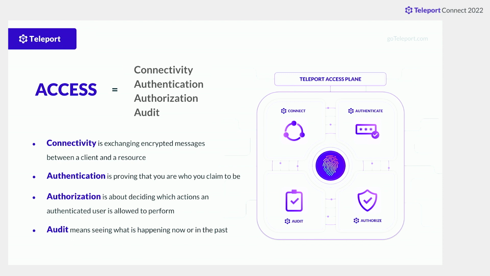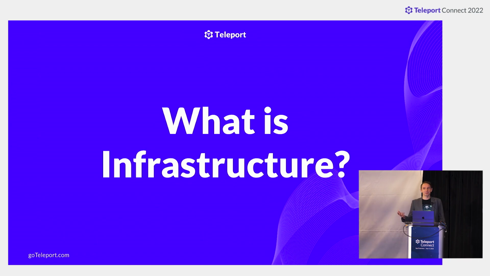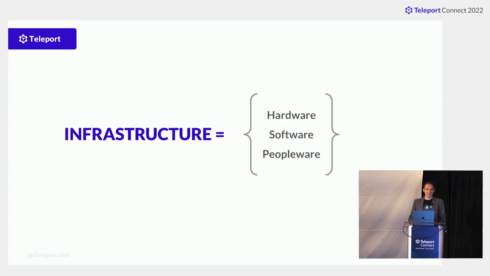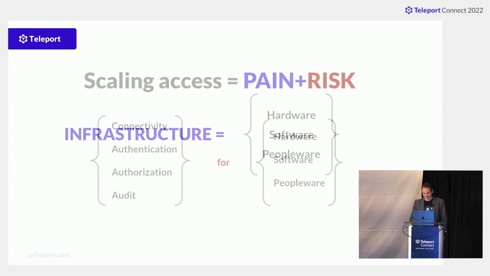The next question might surprise you. What is infrastructure? Well, infrastructure is not just servers. I would say that infrastructure means these three things. Because we use computing infrastructure to do computing, to process data. And this dance of computing is a triangle of three actors. You have hardware, then you have software that we're running on that hardware, and we have peopleware. So those three components, they need access.